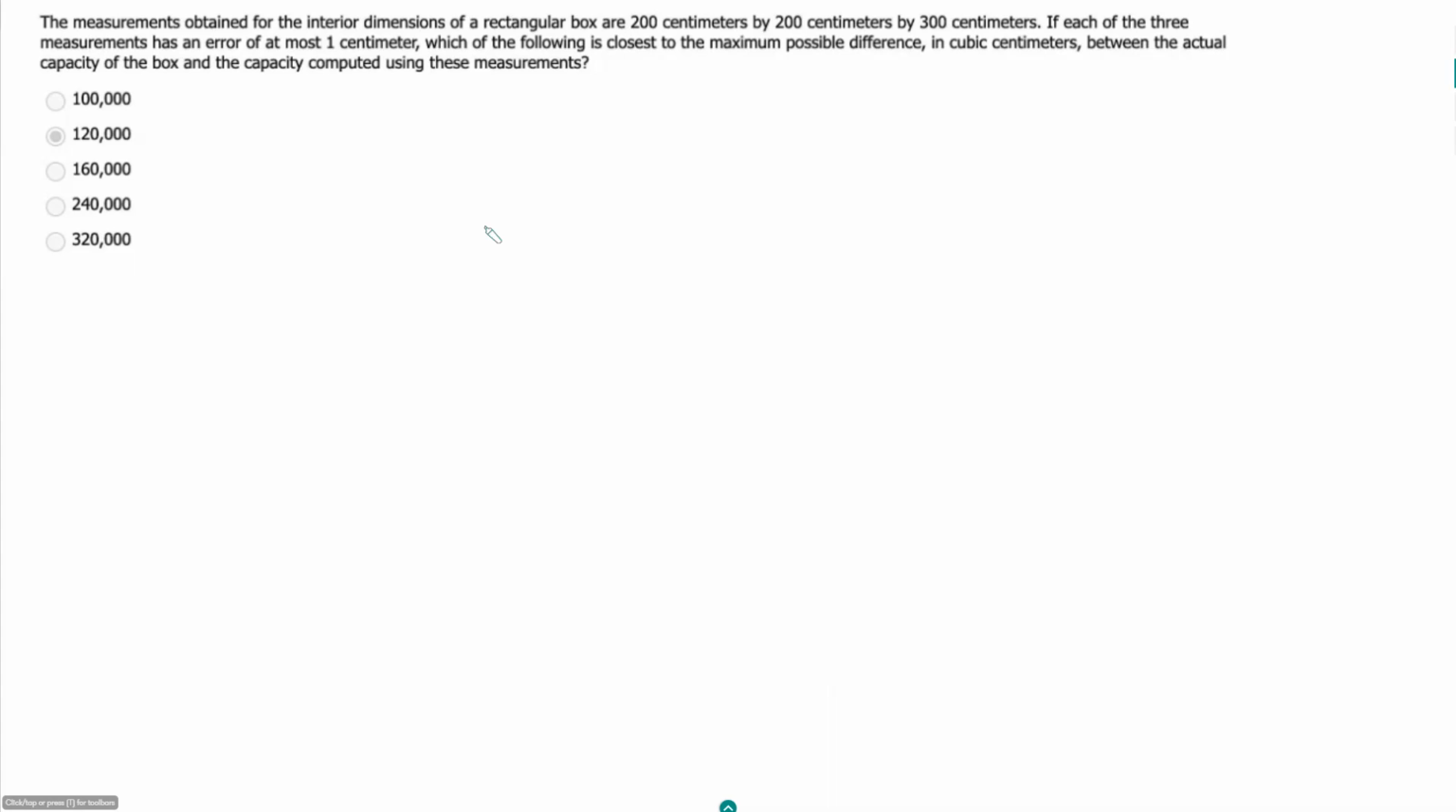The measurements obtained for the interior dimensions of a rectangular box are 200 centimeters by 200 centimeters by 300 centimeters. If each of the three measurements has an error of at most 1 centimeter, which of the following is closest to the maximum possible difference in cubic centimeters between the actual capacity of the box and the capacity computed using these measurements? So this question here